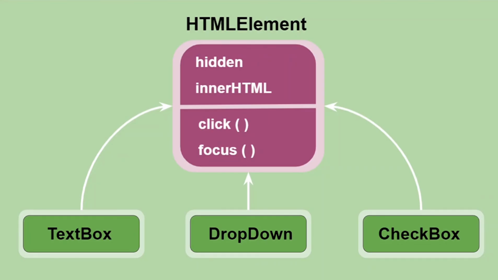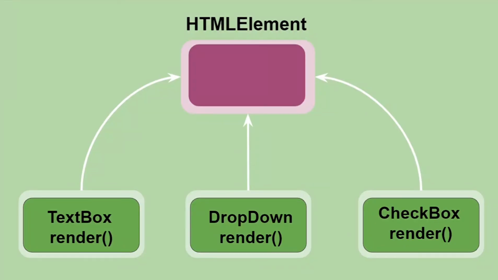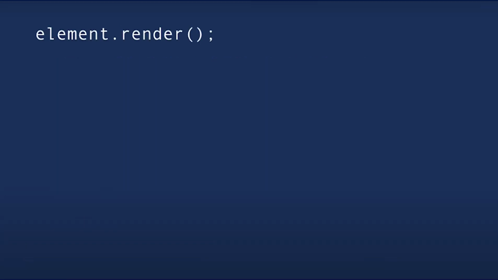All these objects should have the ability to be rendered on a page, but the way each element renders is different from others. If you want to render multiple HTML elements in a procedural way, our code will look like this. But with object-oriented, we can implement a render method in each of the objects and the render method will behave differently depending on the type of the object we are referencing. So we can get rid of these nasty switch and case statements and use one line of code like this.